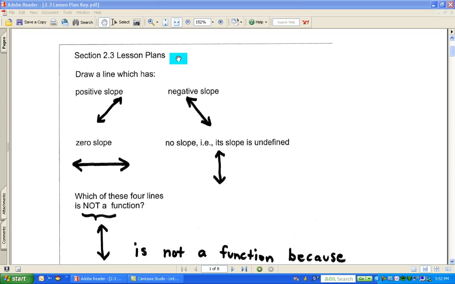So without getting real specific yet, if I ask you to draw a line with a positive slope, you're going to be drawing a line that, from left to right, looks like you're going uphill. When I ask you to draw a line with a negative slope, you're going to be drawing a line that from left to right would look like you're going downhill. When I ask you to draw a line with a zero slope, you're going to be drawing a perfectly horizontal